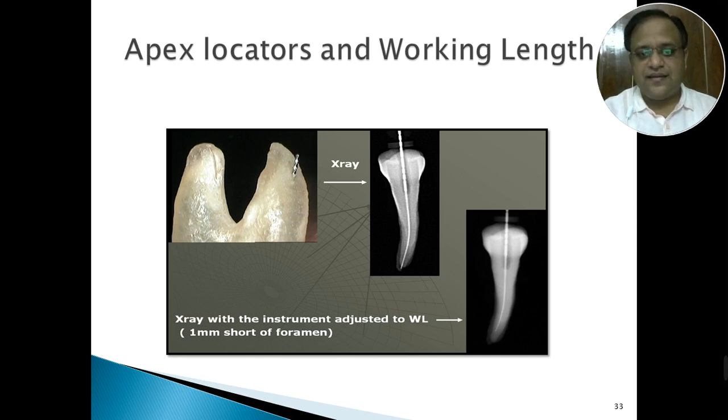Only in certain cases would you skip radiographs, like very elderly people who are not in the condition to cooperate during the dental treatment, or they need treatment very fast. Also, very small children in which radiographs cannot be taken very frequently. Another case is pregnant women, where we avoid taking radiographs to a certain extent. Avoid, I am not saying not taking, avoid multiple radiographs. We can use a single working length radiograph, and use apex locators very cautiously.